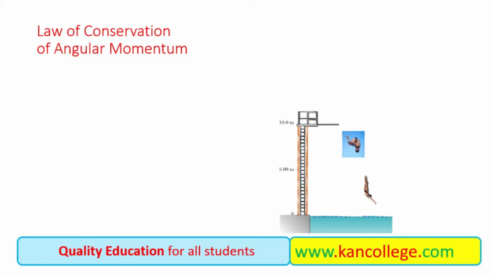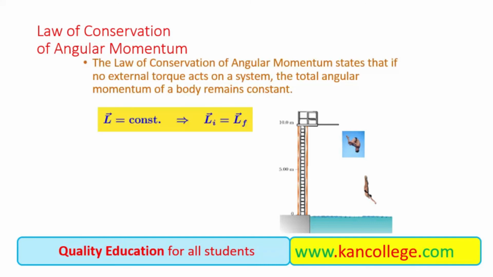Another example of the law of conservation of angular momentum is the diving of a diver from a height. As we know, initially when the diver jumps, his moment of inertia, mr square, value is more, but as he squeezes his body, the radius of the body decreases, the moment of inertia decreases, but the angular speed, the rotational speed, of that body increases, and he shows the trick of high rotation, high speed of rotation.